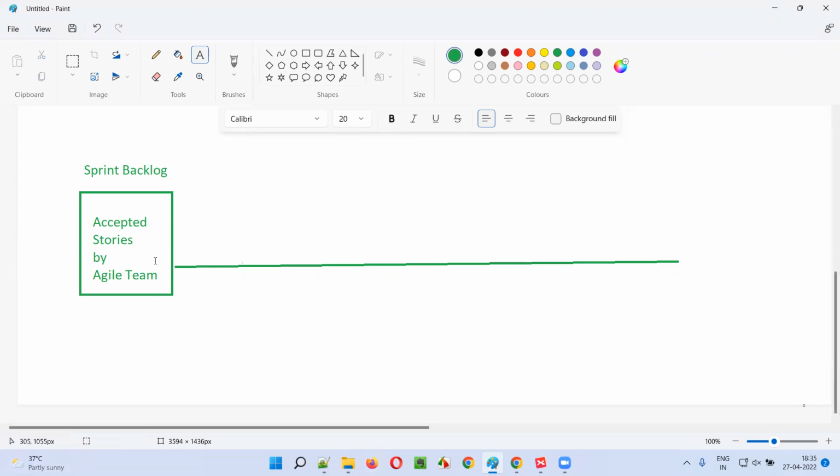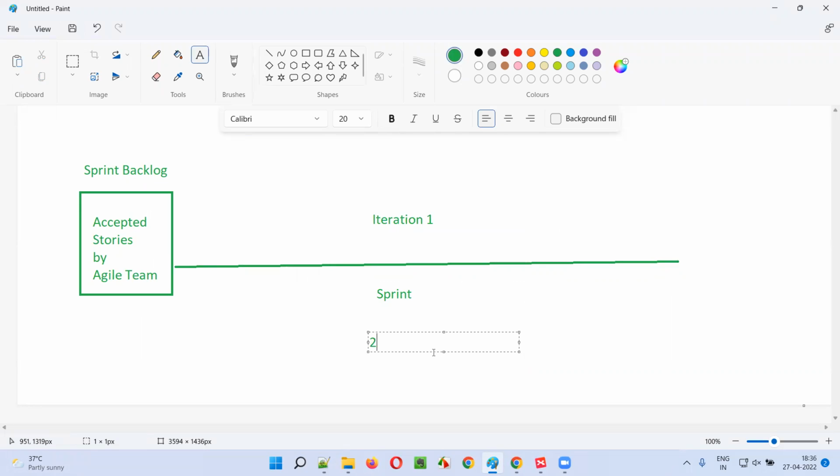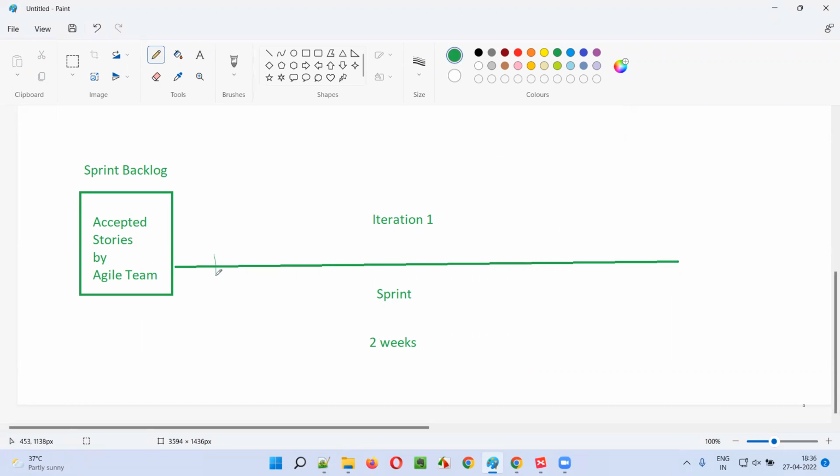Okay, and this is the starting of the sprint, this is the ending of the sprint, this is the sprint, guys. Let's say this is the first sprint, so I'll say iteration one. The duration of this sprint is, let's say, 2 weeks. Assume that 1 to 4 weeks can be there, but let's take an example of 2 weeks. 2 weeks means how many working days? 10 working days, right? So 1 working day, 2, third, fourth, fifth, sixth, seventh, eighth, ninth, and finally 10. Total 10 working days.